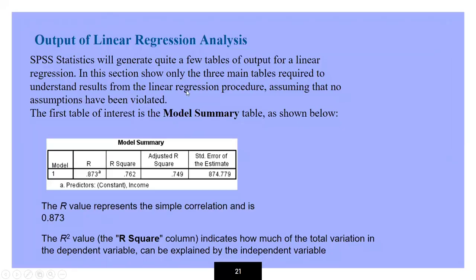This is a result of SPSS. Here you can see R square